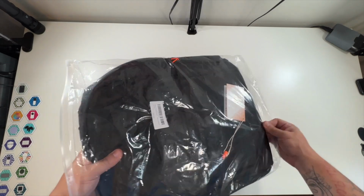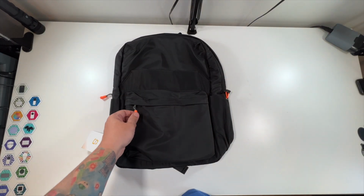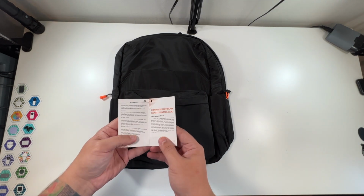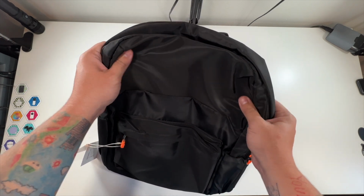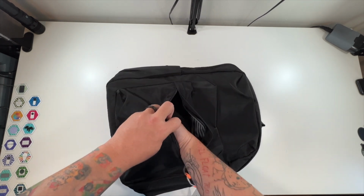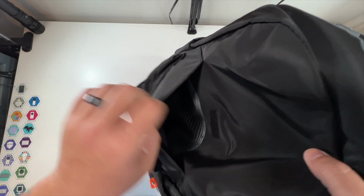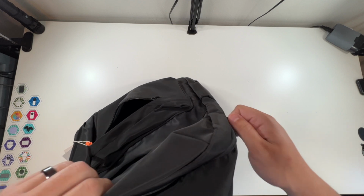Let's unbag it and take a look at it. Ooh, I like the orange. So there's a little tag, guaranteed quality. Nice. Ooh, wow, it feels nice. Has that like raincoat feel almost. We go down here. Got a pocket right there to put some stuff in. Got a Velcro pocket here to put some more stuff in. And then the important part,